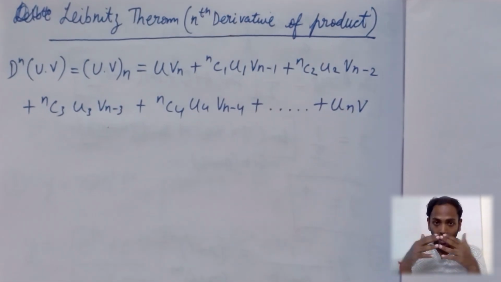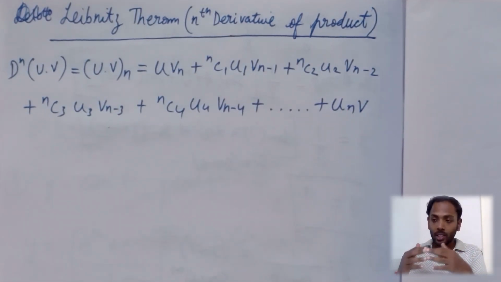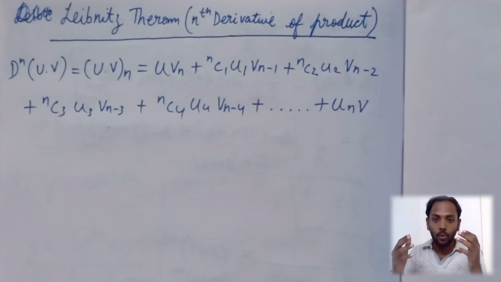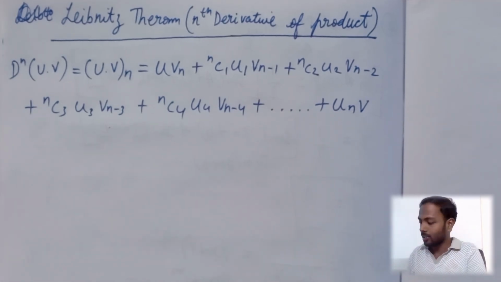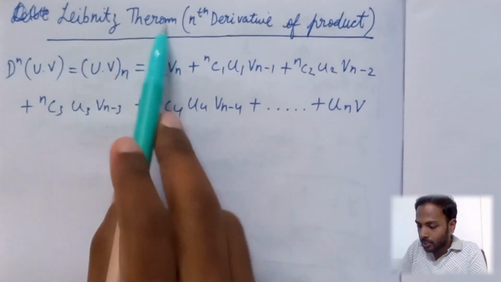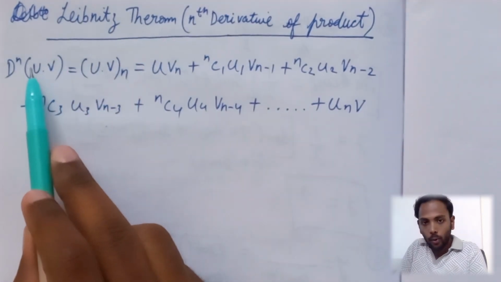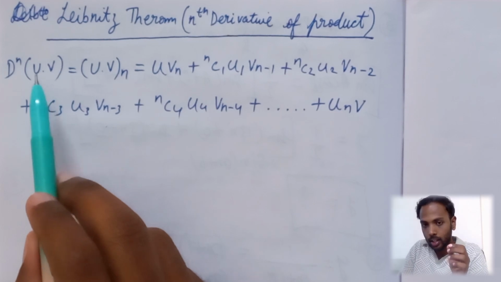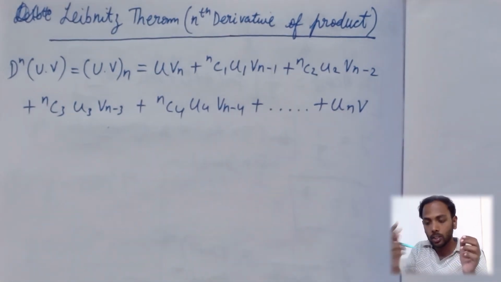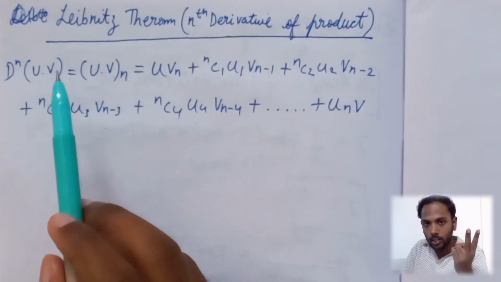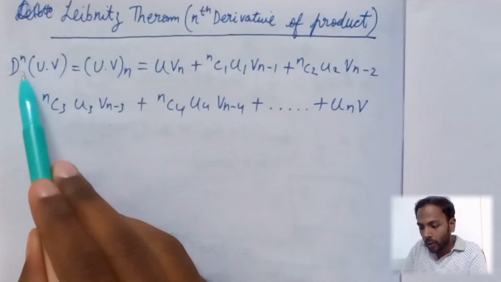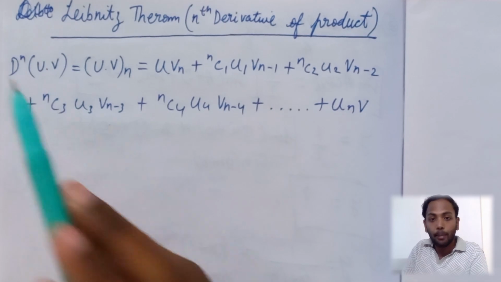Whenever two functions are multiplied, and the question asks you to find the nth derivative of that multiplied expression, it's then that you have to apply the Leibniz theorem. Look here, Leibniz theorem: if you find a function that is a multiplication of two different functions u and v, and they ask you to find the nth derivative of this entire multiplied expression,